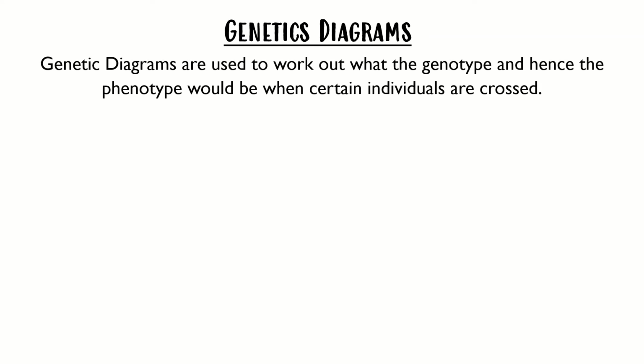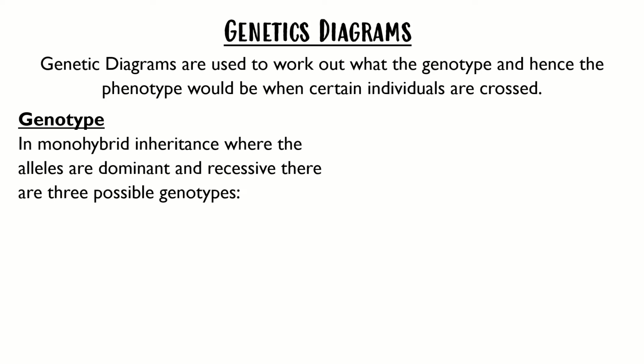In this video, I'm going to explain genetic diagrams and teach you how to construct monohybrid crosses. Genetic diagrams are used to work out what the genotype, and hence the phenotype, of offspring would be when certain individuals are crossed. In monohybrid inheritance, where alleles are dominant and recessive, there are three possible genotypes. We could have homozygous dominant, homozygous meaning the same alleles are present, and both of them are the